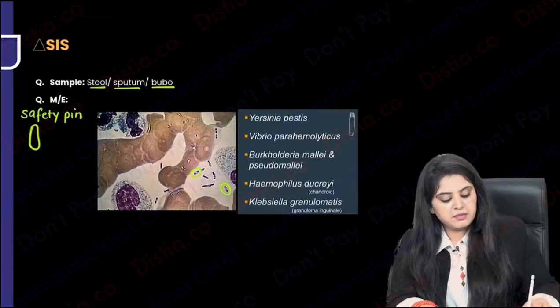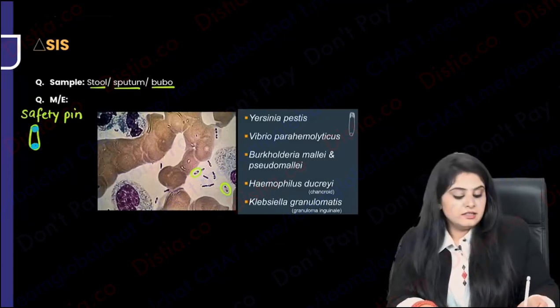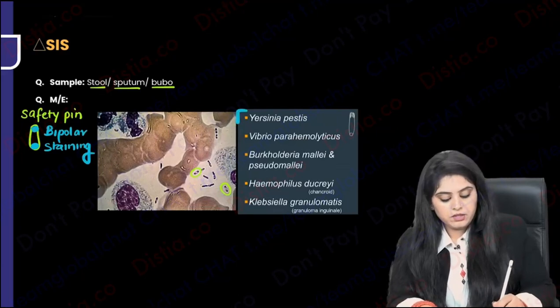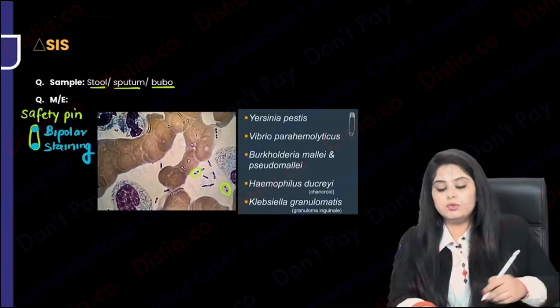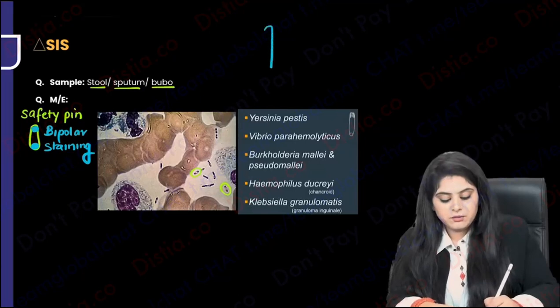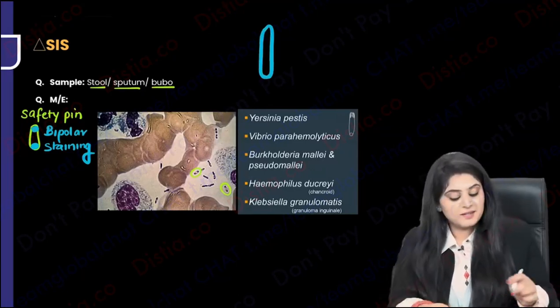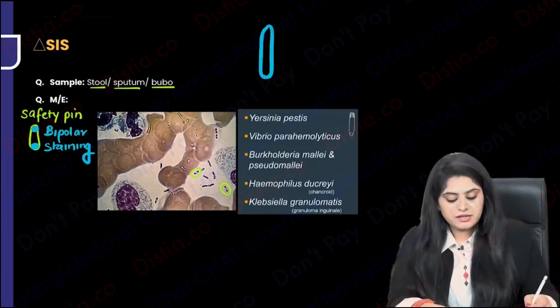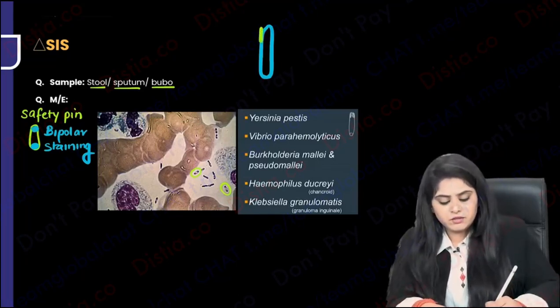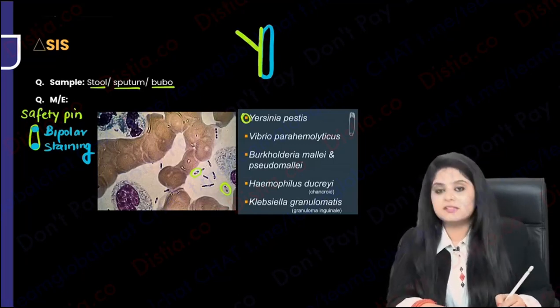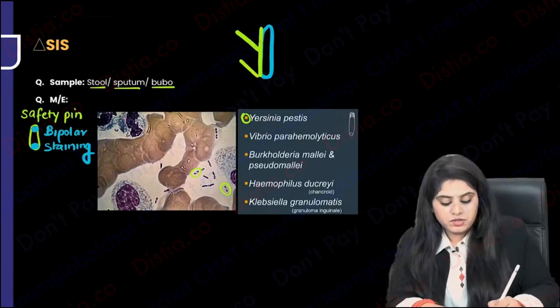Another name for safety pin appearance, I told you, it looks like this. This means it is bipolar staining. Safety pin appearance refers to bipolar staining, and I've got you all the organisms in microbiology that show you that. So for that, all of you will have to make a safety pin, and I have no mnemonic because I think by now you are sick of mnemonics. Our ABCD has also stopped working. Right? So now how will you learn it? Let me see. From one end of the safety pin, can I make a Y? Yes, Yersinia pestis. Can I also from the bottom make a V?